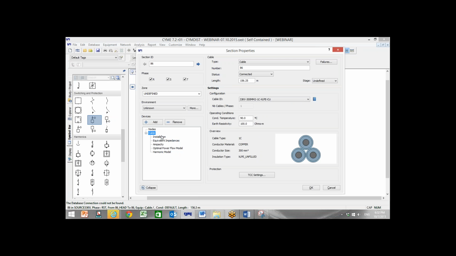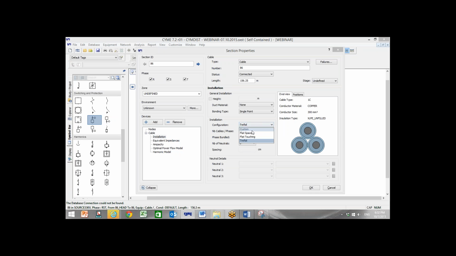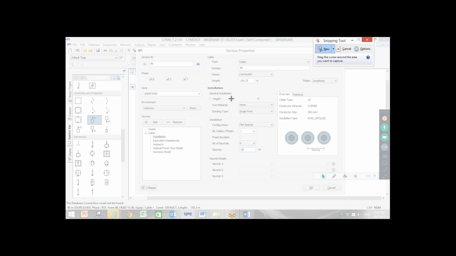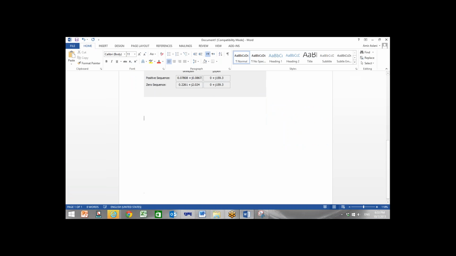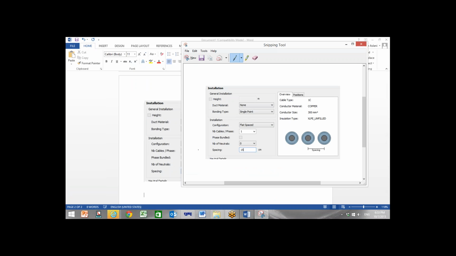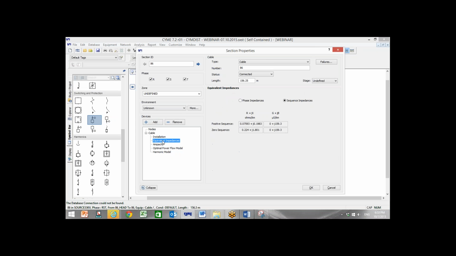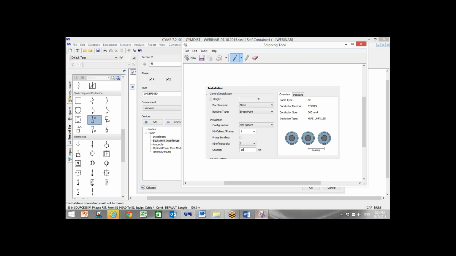Then let's come back to the cable. I want to change the installation from trefoil to flat space, and the spacing we put 15 centimeter. That is something very normal, so I consider this installation. That's it. I put it here in the next page. Okay, and then I want to show you the impedance. If I go to impedance,